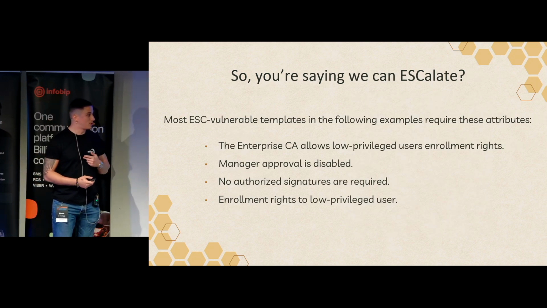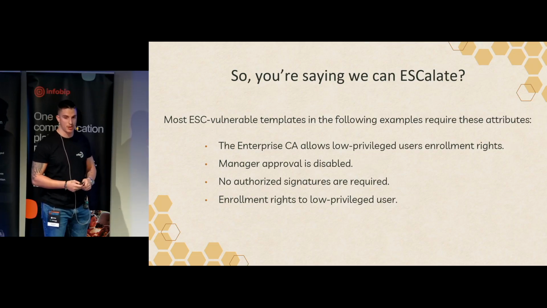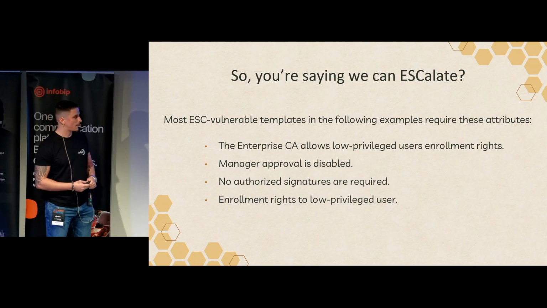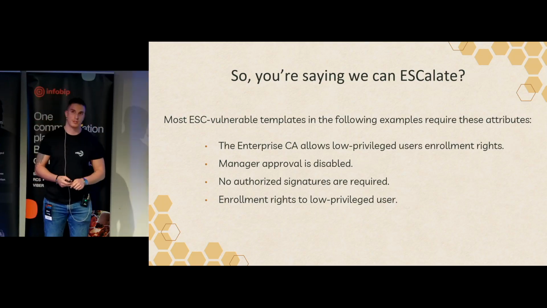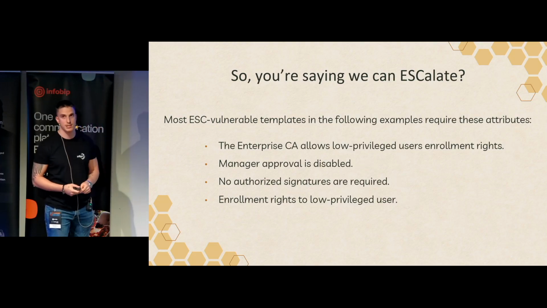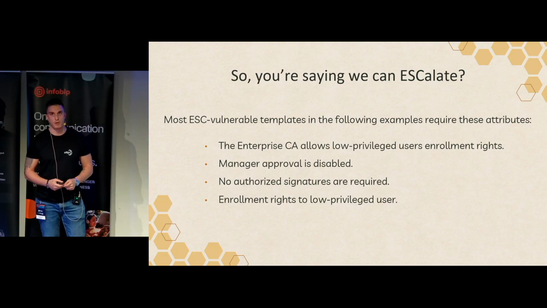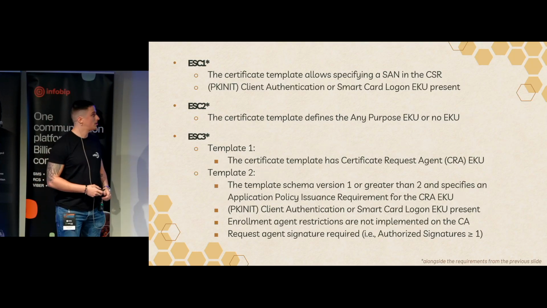So in order for me not to repeat myself, most of these certificate escalation techniques I already mentioned actually require these 4 attributes to be implemented. Basically that is an enterprise CA that allows low-privileged users to enroll, manager approval is disabled, no authorized signatures are required, and enrollment rights are given to low-privileged users as per the template. Other than that, ESC1